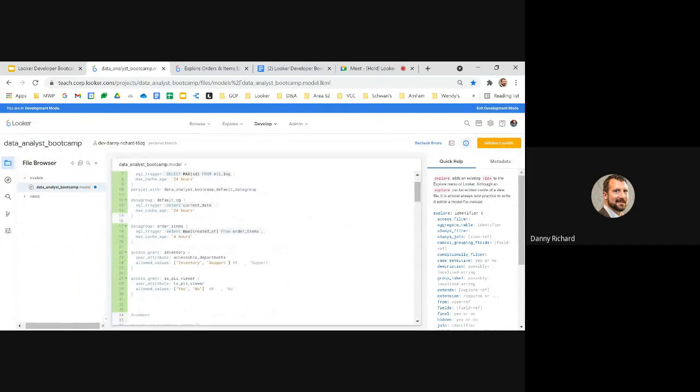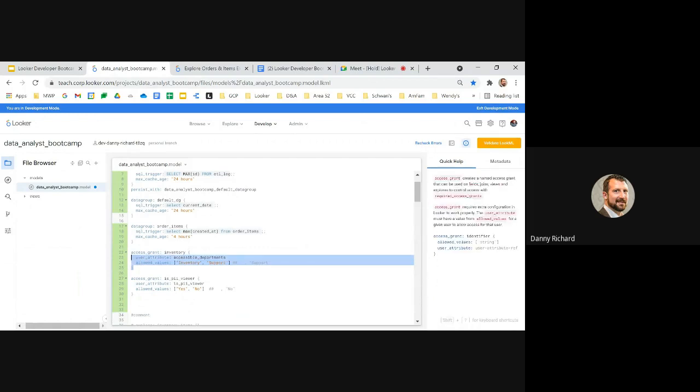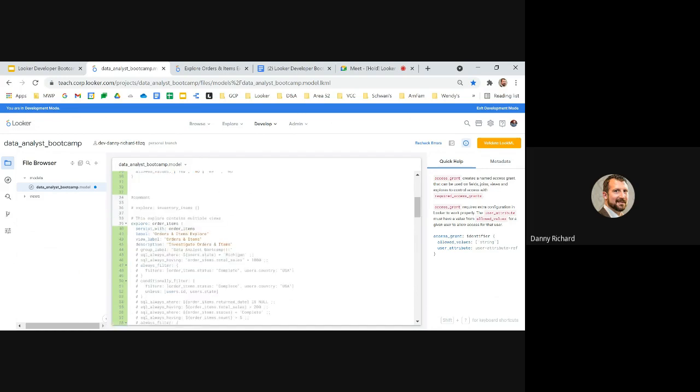So as you can see here, this is the application of an access grant. It's called inventory. It's used off of the user attribute called accessible departments. And as of now, we're saying you must be from inventory or support in order to pass this access grant. Now to apply the access grant,